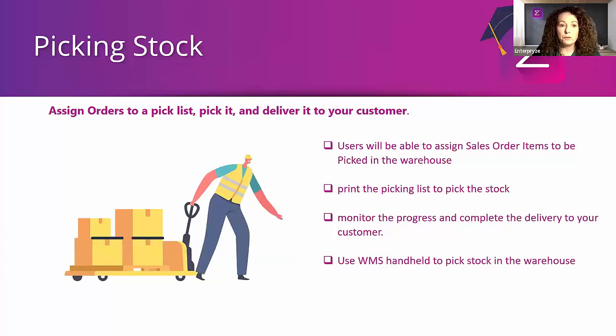So just a quick overview of what picking stock is. This is something we will introduce even more so now in relation to the production module when it comes into play in the next lesson, where you can assign orders. So this is where you can assign a sales order or a production order to a pick list to pick it and deliver it to your customer. So just another aspect within your items menu where you can allow users or assign orders to be picked within a particular warehouse. This works really nicely in tandem with, of course, our warehouse management system,